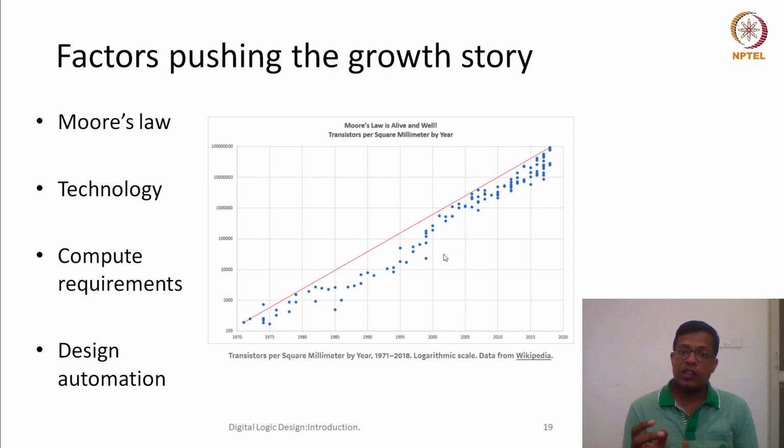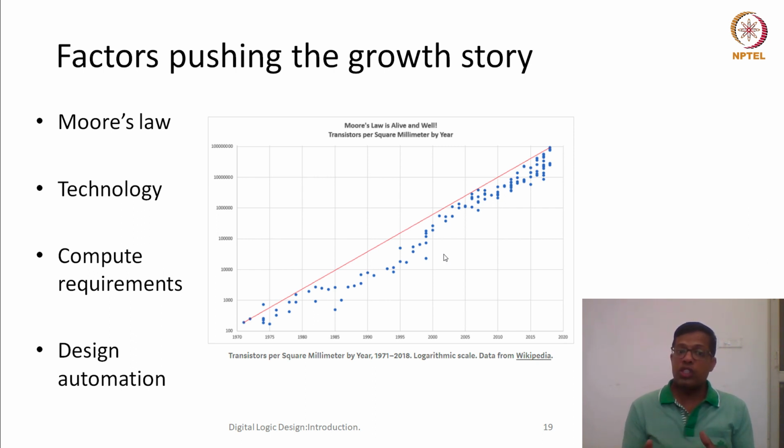You might have heard that the latest chips are fabricated at 14 nanometer. Previously it used to be 28 to 22 nanometers. So every time they are shrinking by a newer, smaller technology. Because of that, more transistors can fit in, and the other side effect is that we now need to design a chip which would have billions of transistors, and that could happen because of design automation. So because of all these things, compute requirements keep on changing,